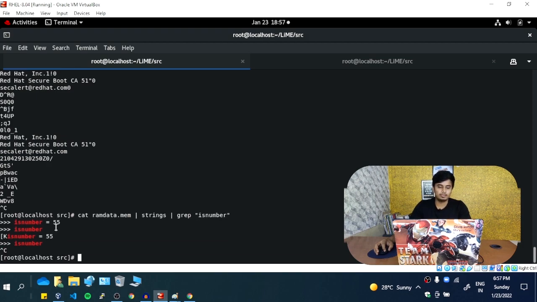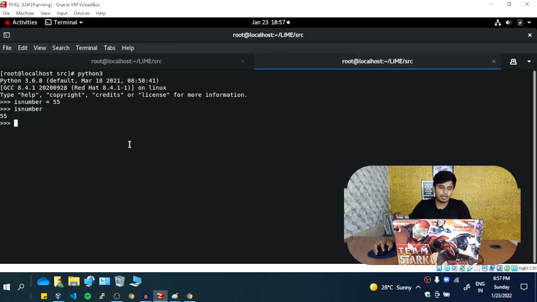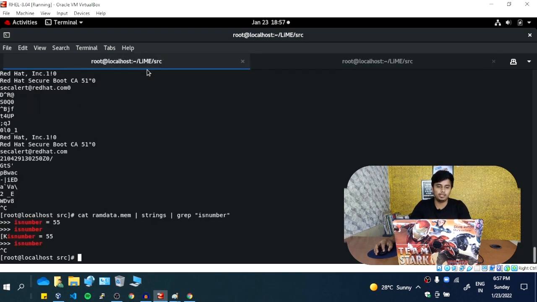Let me cancel here itself. In the Python program I have stored the value is number equals 55, and when I searched the is number variable, I was just checking whether it is present in RAM. The grep command successfully found the is number variable, and it tells us that the value 55 is stored for it in the RAM.